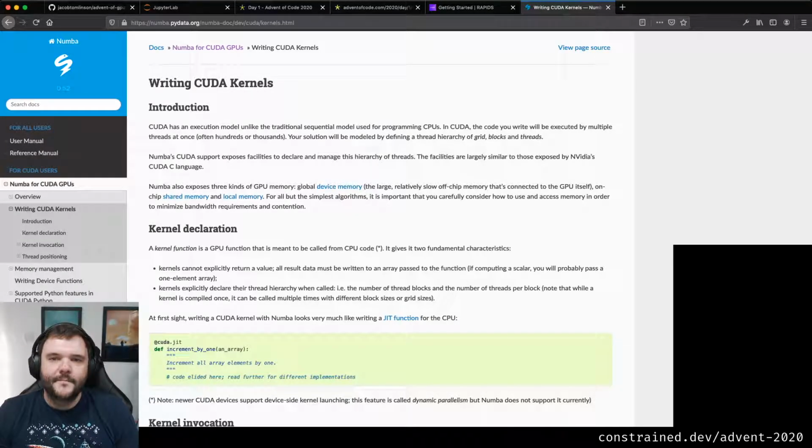You can be very specific about how you call your code and the dimensions of it. You're almost creating an array of function calls, and the useful thing here is that each function is able to work out which function it is. If I call my function 1,000 times, that happens all in one go, but each function will go, oh, I'm number 1, I'm number 72, I'm number 436. Each function knows which one it is, which means it can do something different and follow different logic. They don't have to be completely in lockstep.